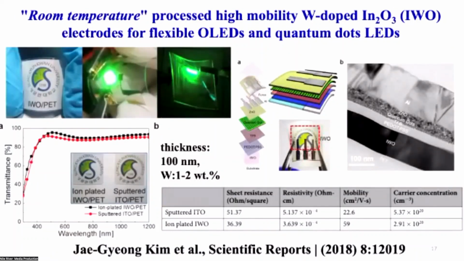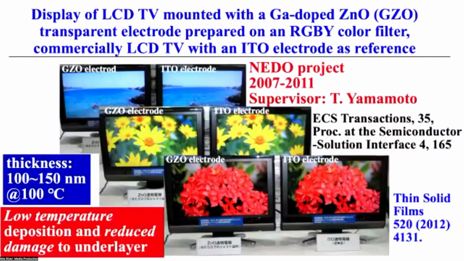And the research group in Korea proposed the room temperature process high mobility tungsten-doped indium oxide (IWO) electrodes for flexible OLEDs and quantum dot LEDs. The point is, okay, room temperature process. Okay. And on the other hand, in our laboratory, we proposed a successful fabrication of the display of LCD television